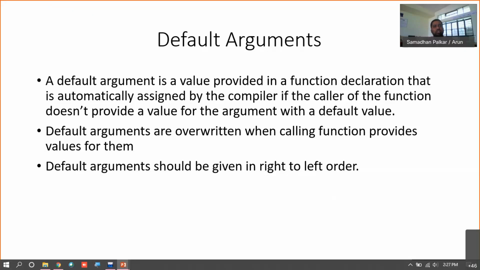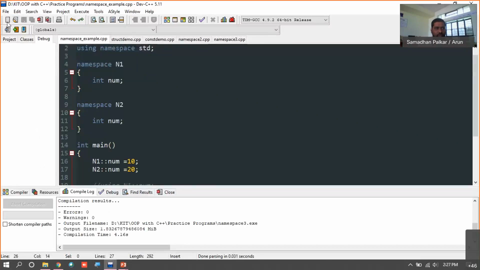A default argument is a value provided in a function declaration that is automatically assigned by the compiler if the caller doesn't provide a value for that argument. The default arguments are overwritten when the calling function provides a value for them. Default arguments should be in right to left order. Let me show you an example.